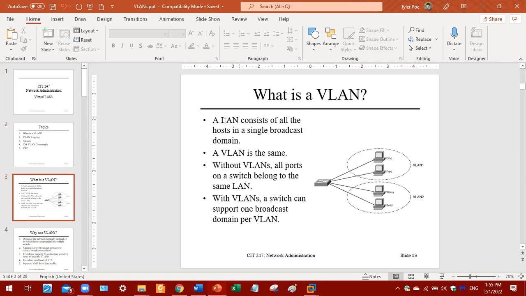So all this semester, you've been working with LANs. Now, a LAN consists of all the hosts in a single broadcast domain. As you recall, a single switch is a broadcast domain. Actually, multiple switches connected together comprise one broadcast domain or LAN. Now, there's a way to split switches up into multiple broadcast domains, and that's by using what's known as a